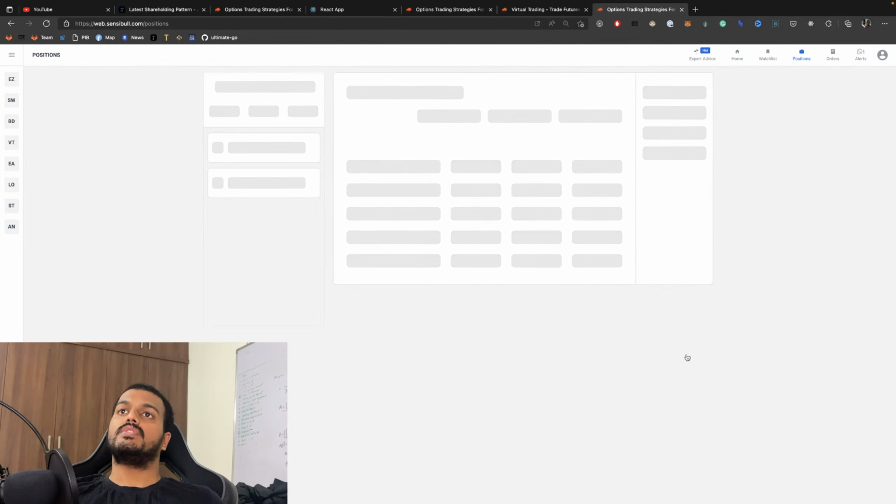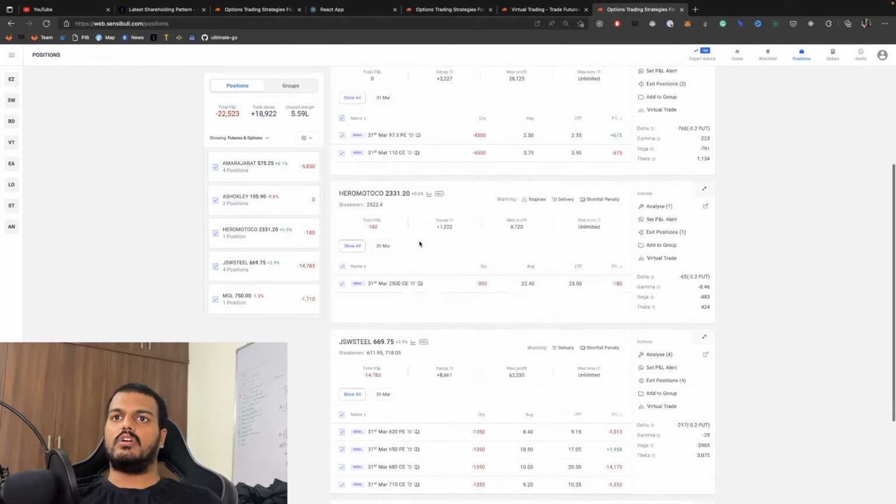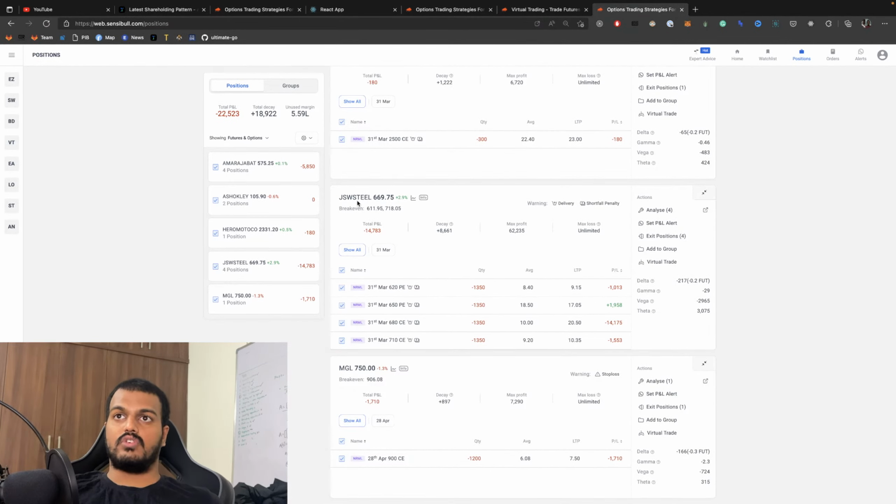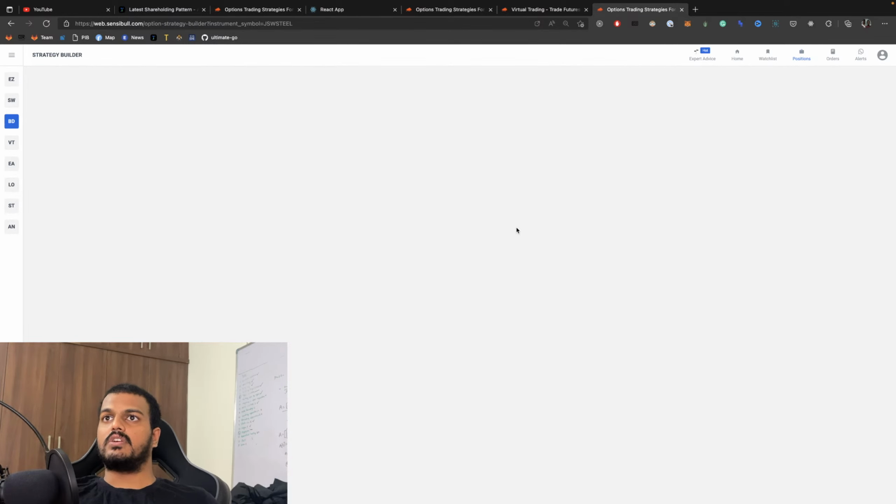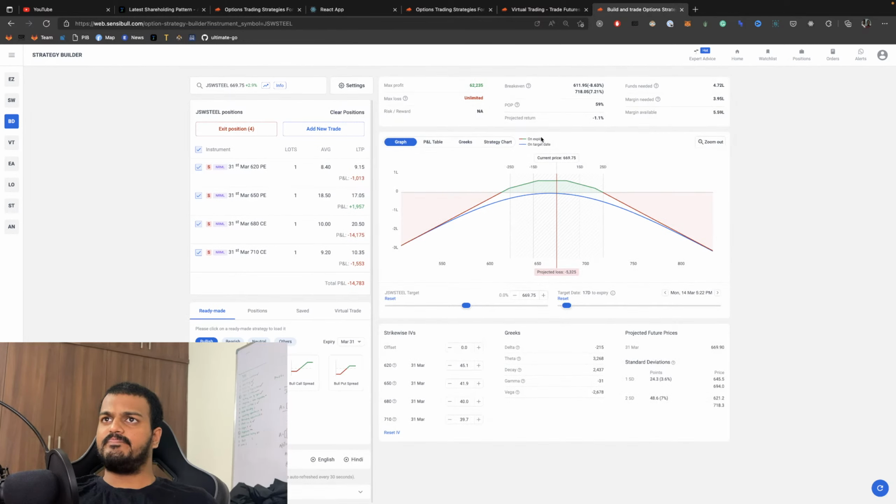So let's do an analysis of what we have here. Let's go first with Amar Raja, or rather the existing JSW Steel. I like to go mostly with JSW Steel because I have kept most of the capital margin here. So this makes it an intensive, high risk, high reward trade. The risk has to be mitigated, and if you look at Monday, we are getting some theta decay and it would be in a good position. So what I have to do on Monday, based on the data which I'm going to study now, is what is going to happen.